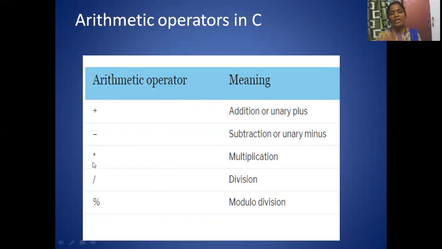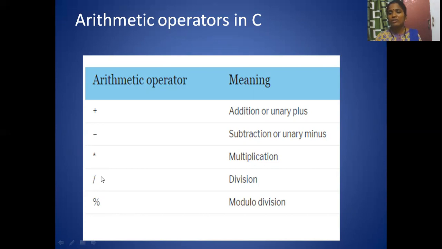Whereas instead of the multiplication symbol we use in mathematics, we use star here. We call it the asterisk symbol. And next is the division symbol. So there is modular division too. Here we have two differences: division as well as modular division. Both perform division, whereas this division gives the quotient.